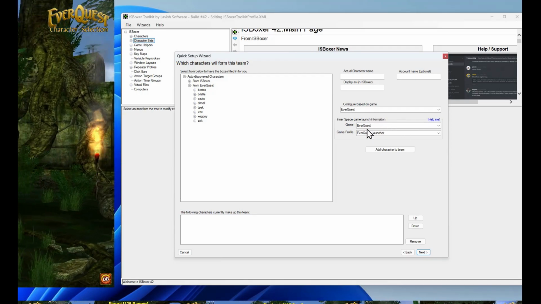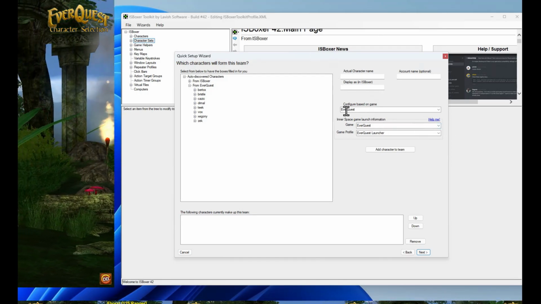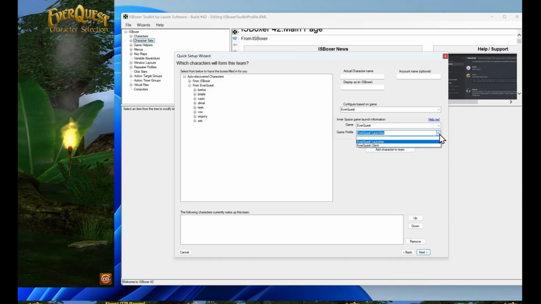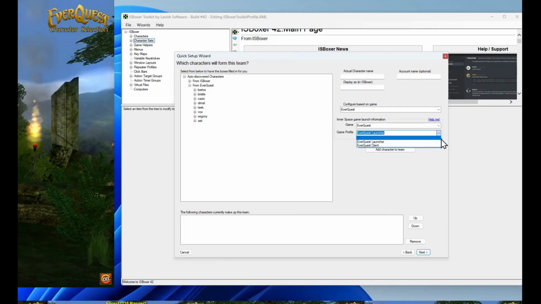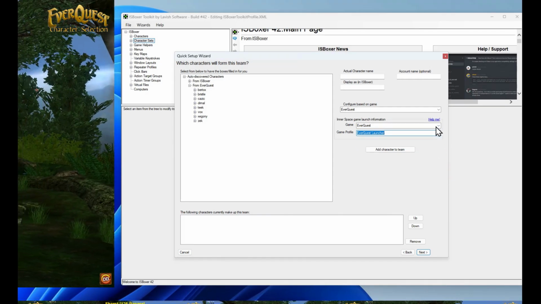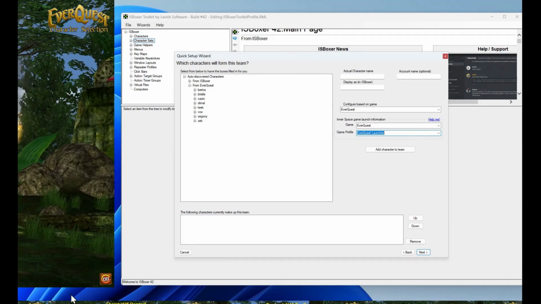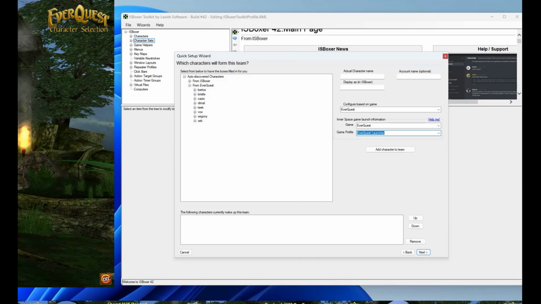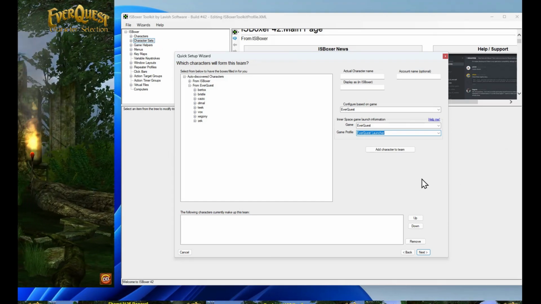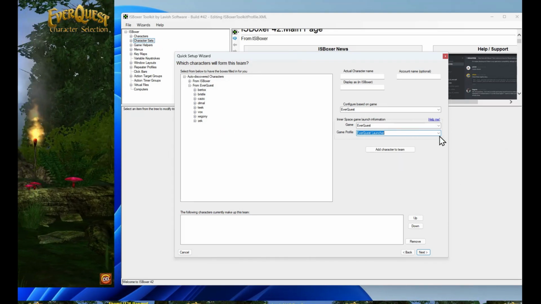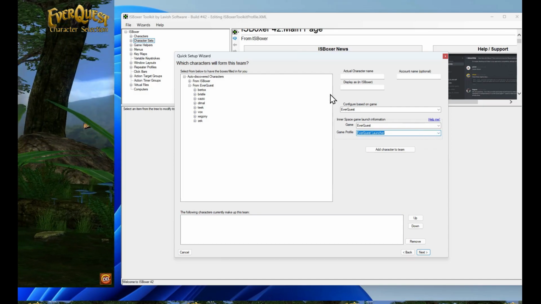And then the next one here is just defaults because it sets your games here. And then you could go to Everquest Launcher or Everquest Client, and that's just going to be the difference between a launcher, which will launch right into the Everquest window, and the client, which will open up the Daybreak launch pad. So the launcher tends to be the better option because the launch pad